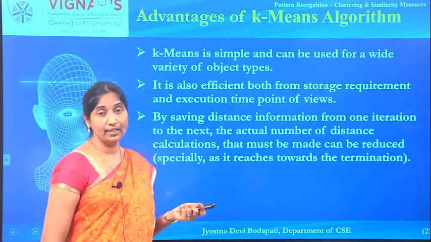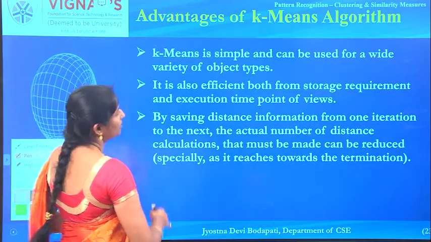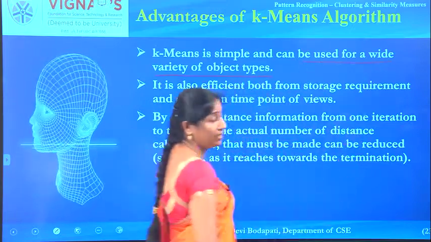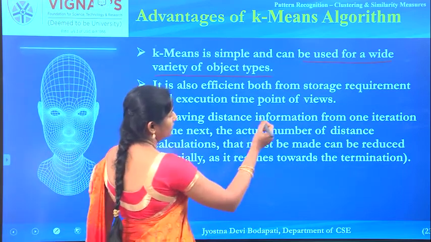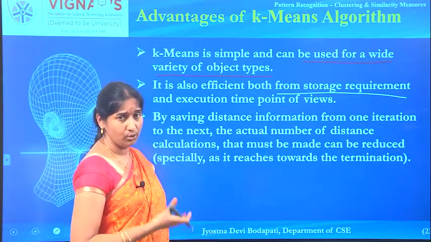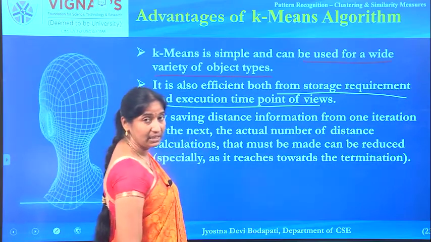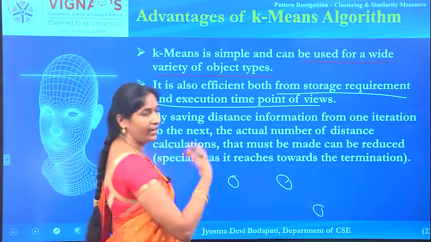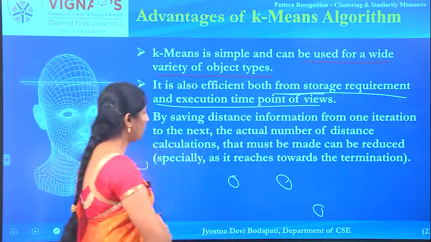Let's see some of the advantages of the k-means clustering algorithm. First of all, it's very simple, and it's very widely accepted for different types of data. That is one advantage. It is also very efficient, because once you have the distance measures, you can throw them out. You need not store the entire data while testing. While prediction, if you have the cluster centers, that is enough. You need not have all the samples in your storage. That's another advantage of using the k-means algorithm.